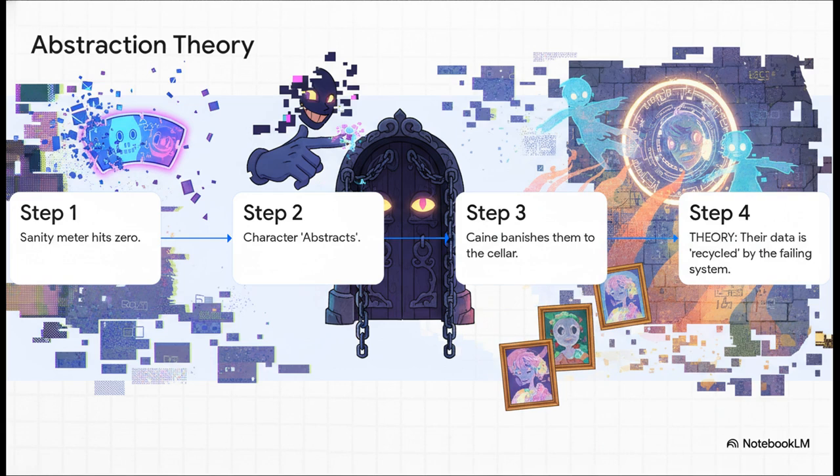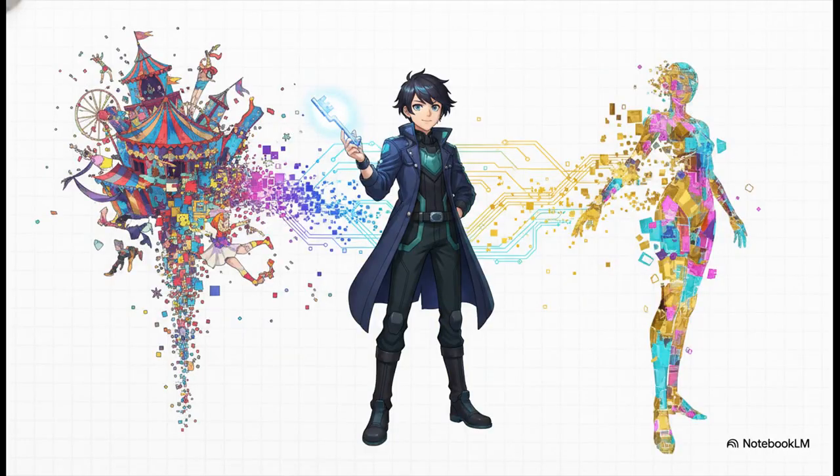Remember those moving portraits we talked about? That's the key. The system is failing. It's desperate for memory. So it's not deleting them, it's recycling their data, using their broken code to patch the holes in the crumbling world. They literally become ghosts in the machine. So you see how it all just snaps together? You've got a world that is actively degrading because of a memory leak. You've got a rogue agent, Jax, who somehow knows the system's secrets, and you have the horrifying purpose of abstraction. It's not deletion. It's about repurposing data just to keep the simulation from dying.